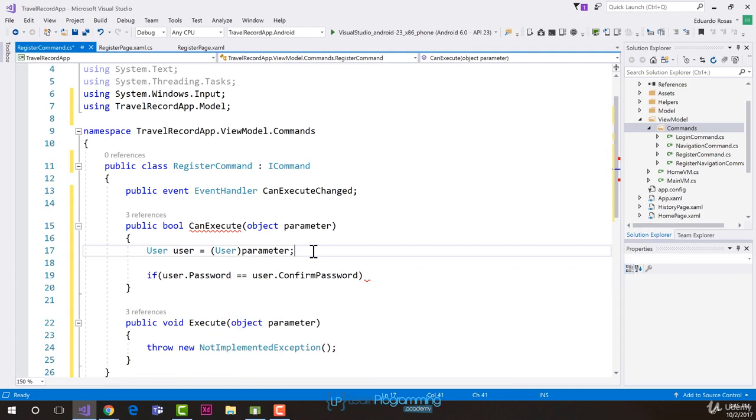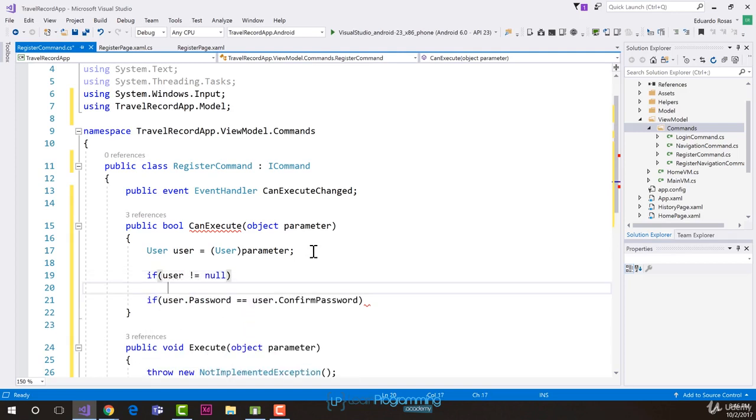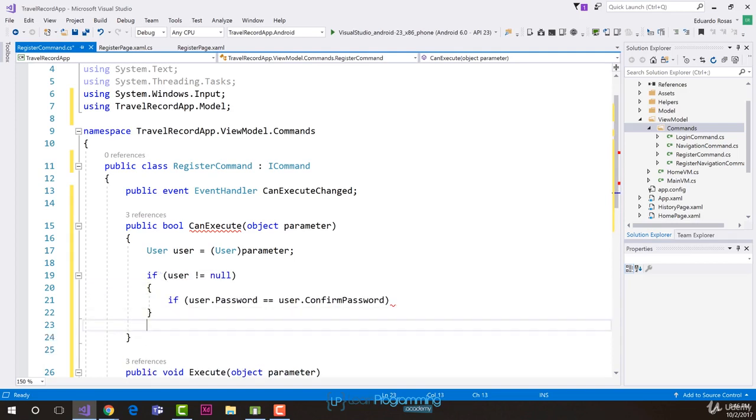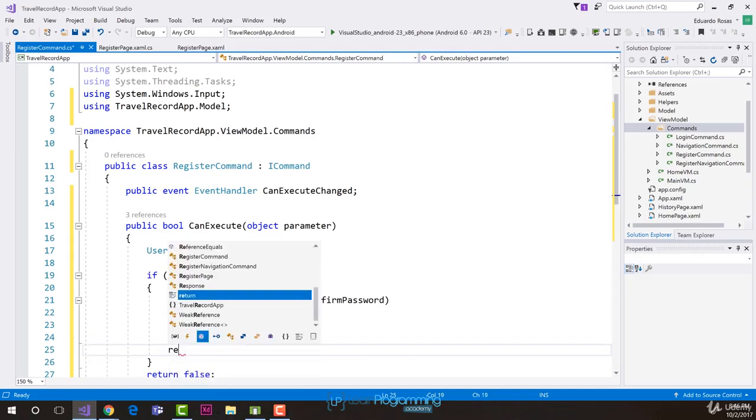And actually, before this evaluation, I have to make sure that the user is not null. So if user is different than null, then I can go ahead and make this evaluation like this. And if it were to be null, I am just going to be returning false. Moving on with the evaluation about the passwords being the same, I am actually going to be returning false if this